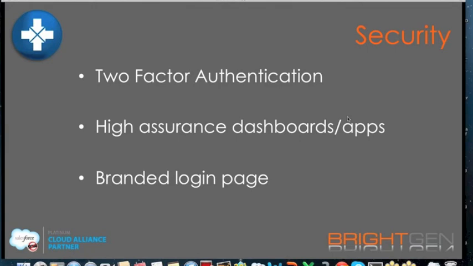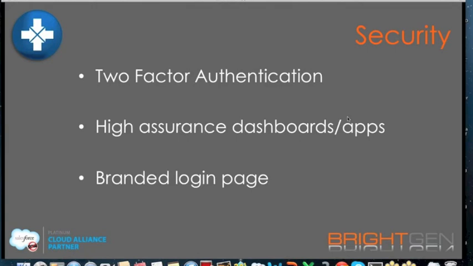Another change to security is you can now customize your login page, which you never used to be able to, for fear that you'd make it look not like Salesforce and confuse and spoof people. So you can now add your own logo, your own background color, and a custom URL on the right-hand side. So it will still follow the basic layout of Salesforce, but it can be branded to your company. However, this does require you to be using the My Domain feature. The My Domain feature effectively allows you to set up a Salesforce endpoint with your company encoded in it. So if it was BrightGen, it would be